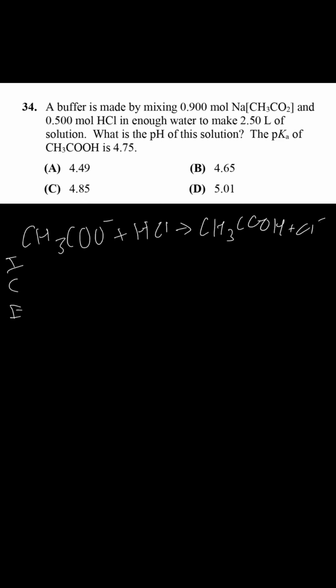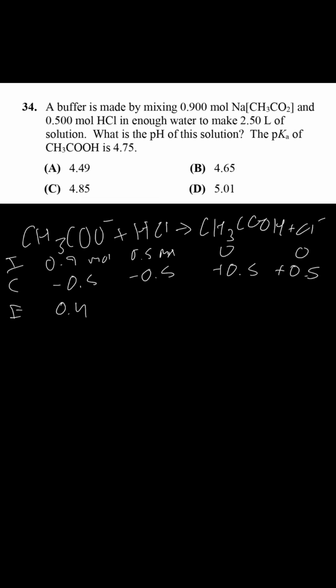going to be left. So we have 0.9 moles. This is moles, and then we have 0.5 moles. Obviously, we start with 0 of both. And so we're going to subtract the entirety of the hydrochloric acid. Goes to completion, of course. And so you're left with 0.4 moles of acetate and 0.5 moles of acetic acid and 0.5 moles of chloride, but that's not really important because here we need to